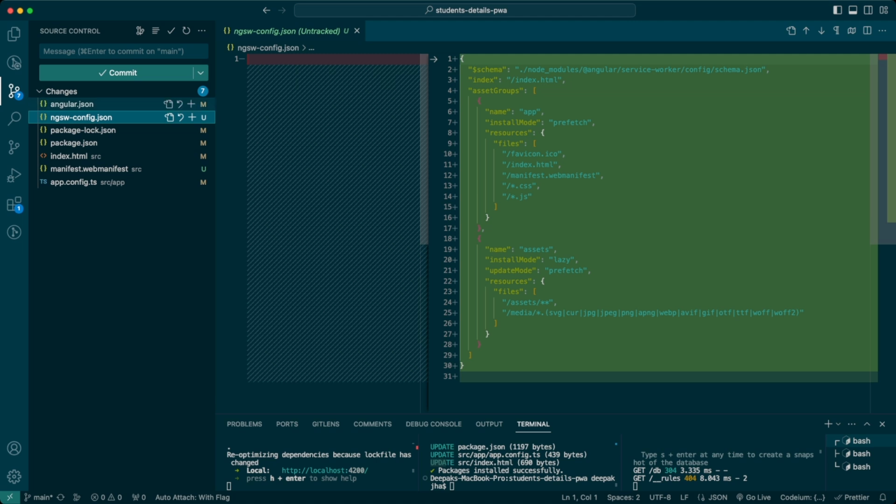M essentially means modified, which means this particular Angular file was already available. It's just that there are some more changes being done on that file, and that's why it's listed here as a change, essentially as modified, right? So here the